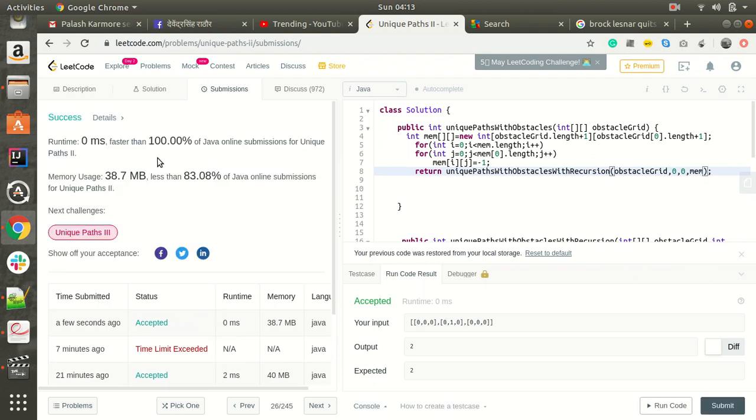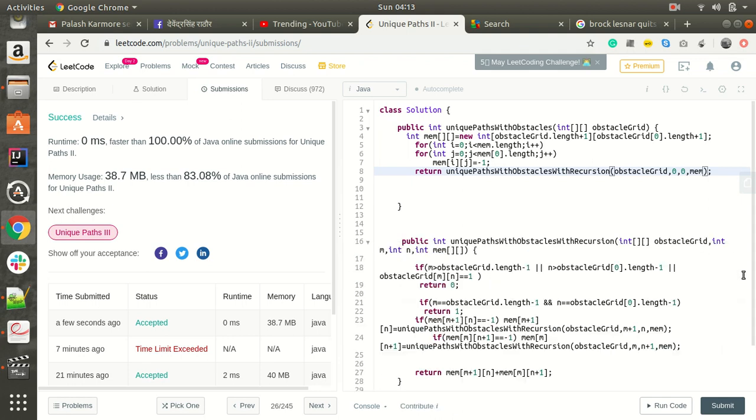The solution is 100% faster than others. The solution is great, and you can use dynamic programming to avoid those unnecessary computations of the same function. So I'll just recommend you to go through dynamic programming questions and practice them, so that it will be easy for you to guess how to apply it in most of the questions.